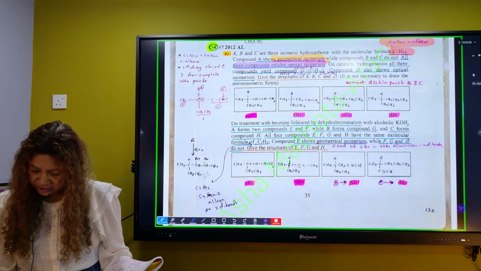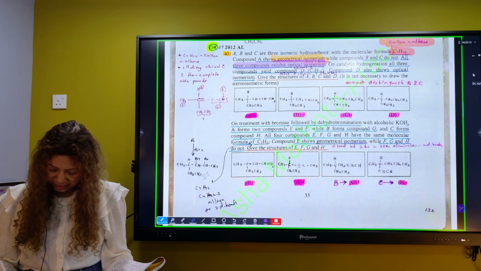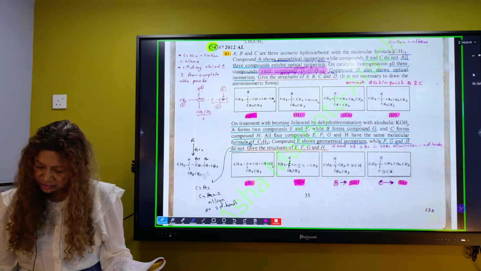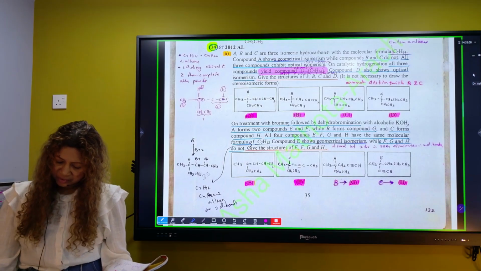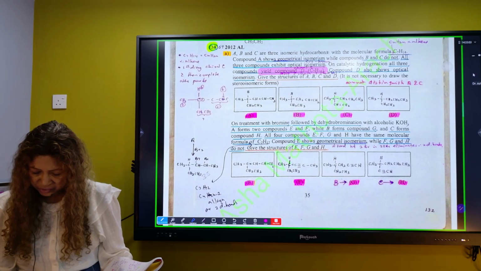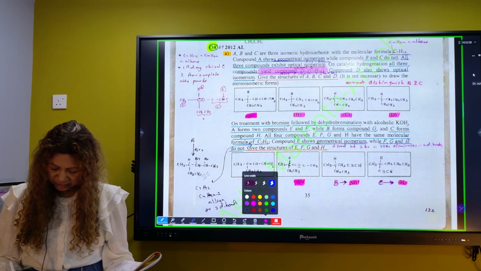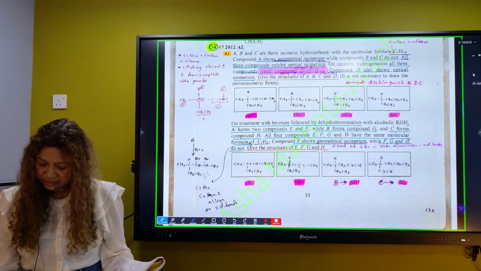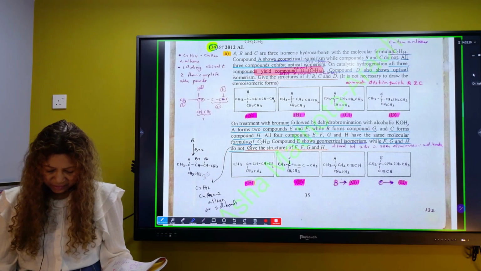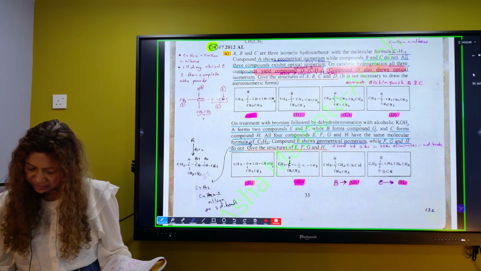On catalytic hydrogenation, all three compounds yield compound D. Okay, one single compound coming from all these, once you go through this hydrogenation, they all three are supposed to have the same skeletal structure. Compound D also shows optical isomerism. How beautiful is this data. So I'm going to start from that.